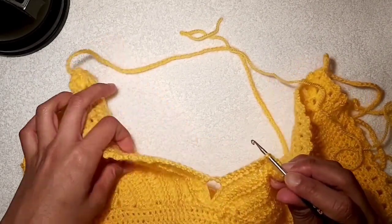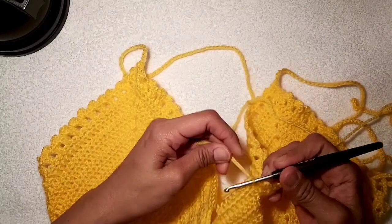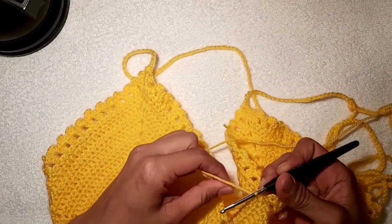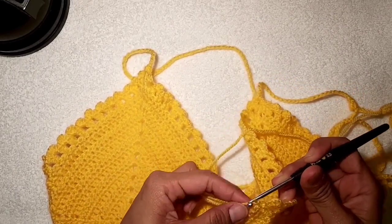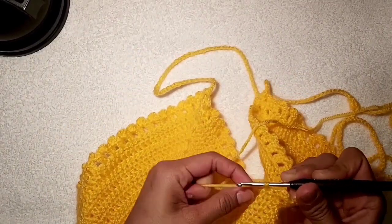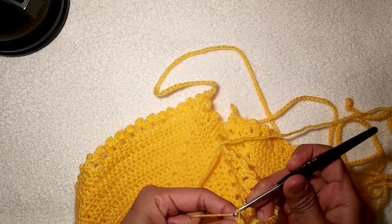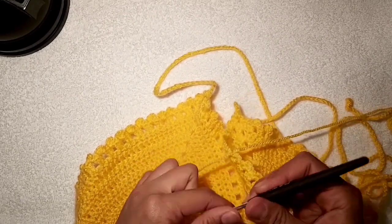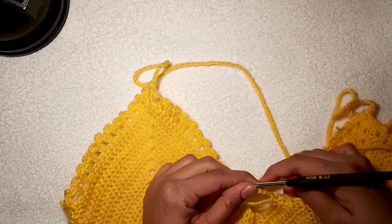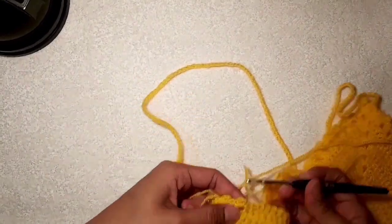solid, or on the double solid rows of double crochet, and then you want to insert your slip knot and make a chain 1 to secure, and then add one more single crochet inside that same space. And then you might want to add a total of 4 chain in there. There, and what you want to do is to look for the first space again on the other cup and insert your hook,